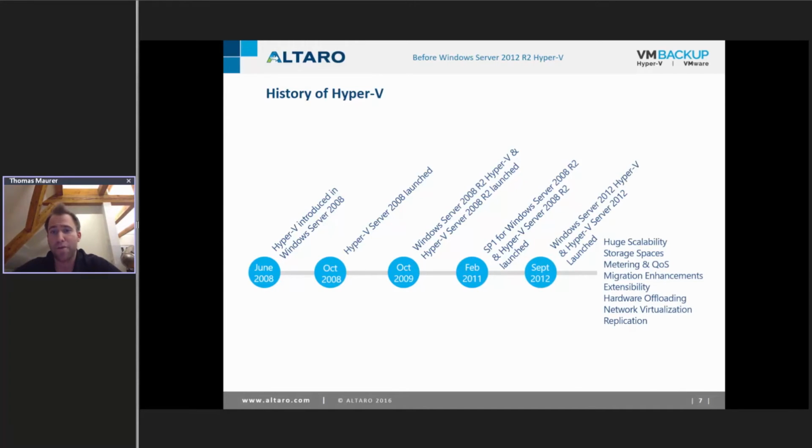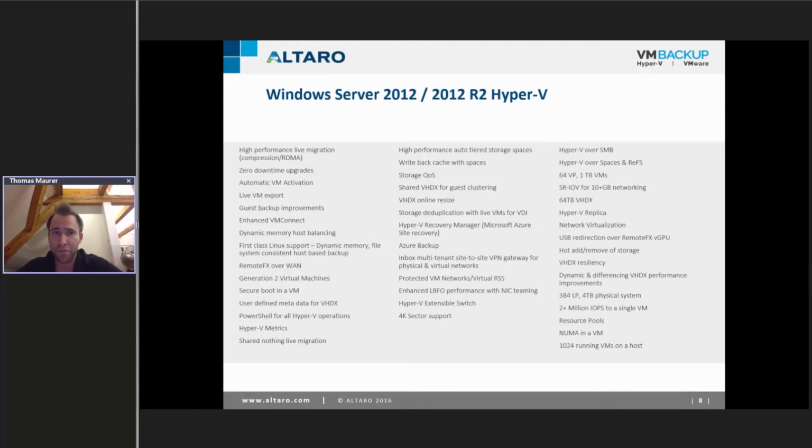And then one of the bigger releases here is Windows Server 2012. I mean, Microsoft really changed the game a little bit when they released Windows Server 2012. They introduced some cool new features, some software-defined data center features, and I think that was basically the first time they brought features back from Microsoft Azure to the hypervisor itself.